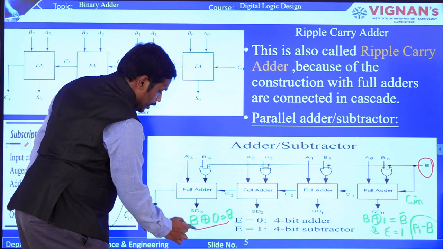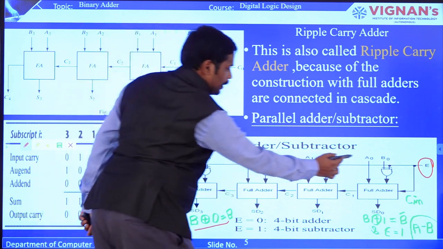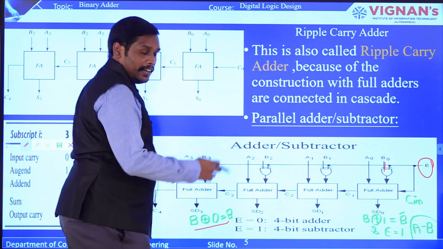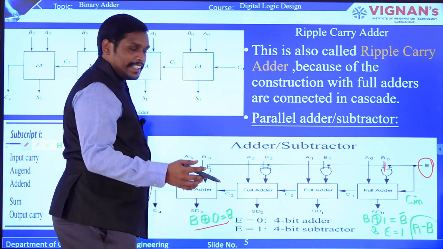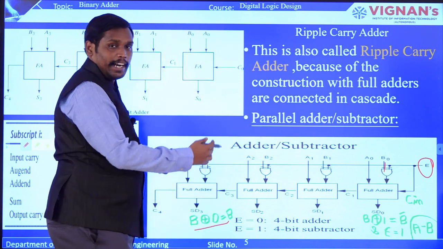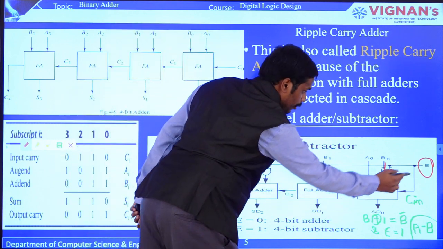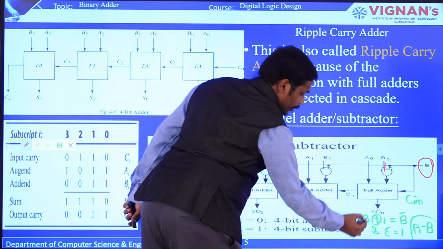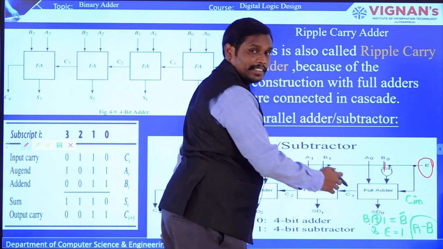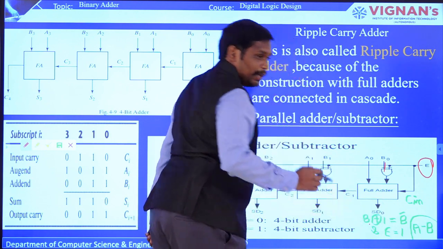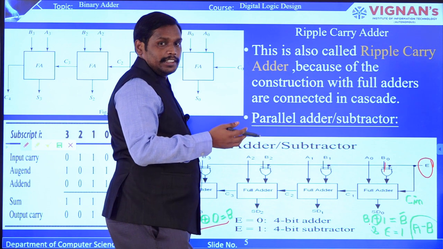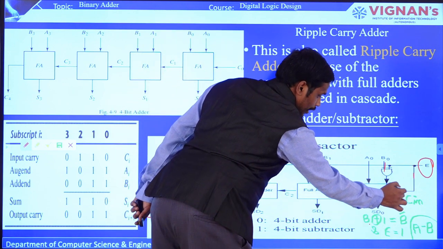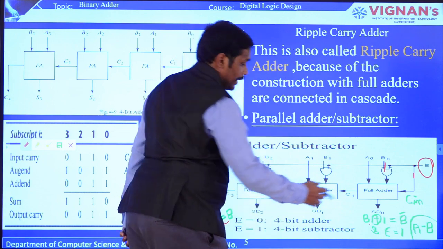So here you can see B exclusive OR of 0, which means that B naught has an exclusive OR with the enable pin, and if it is 0, then it will act as an adder, which means that it is considered to be full adders. And if the enable pin is 1, then it is B exclusive OR of 1, which means the negation, that is B bar. B bar means you know that negation, that is minus. So you can see that E is equal to 1. So this E equal to 1 is given as an input, the carry input.